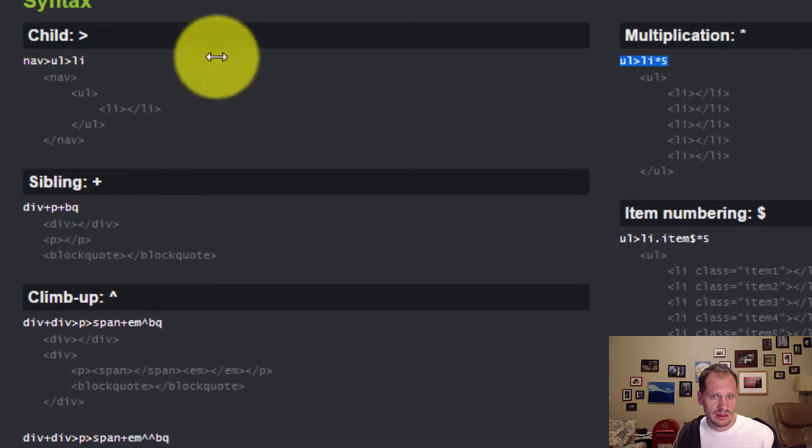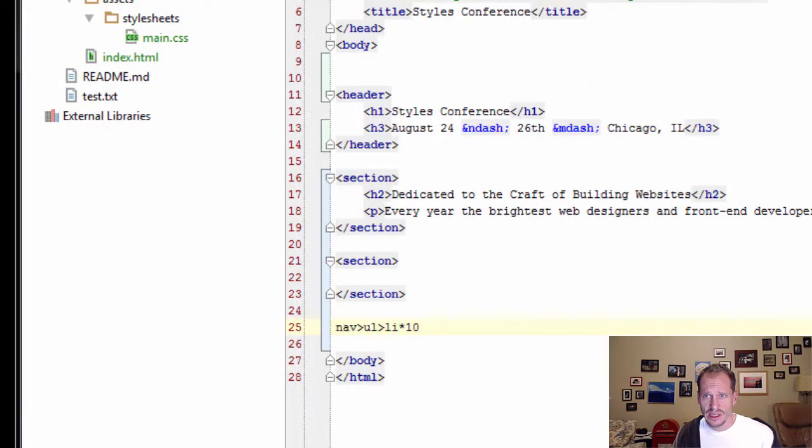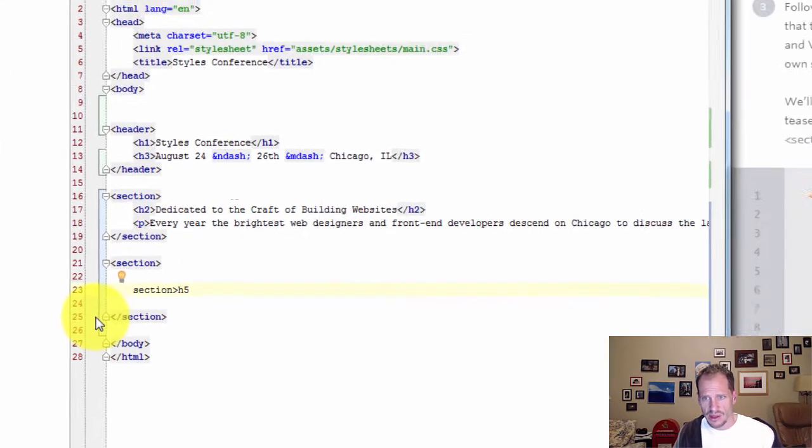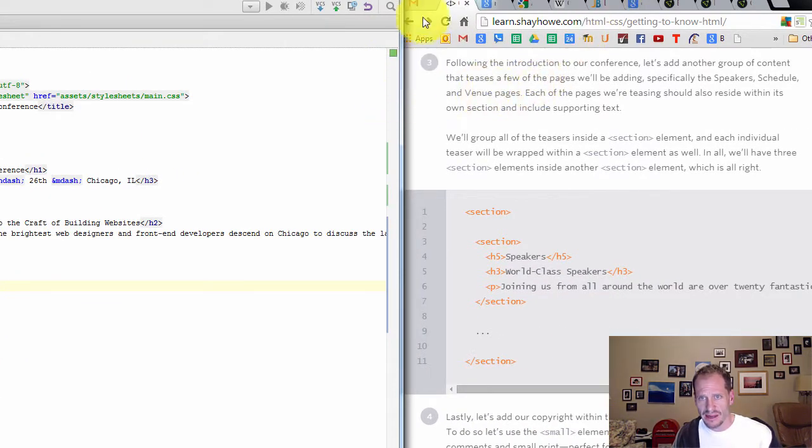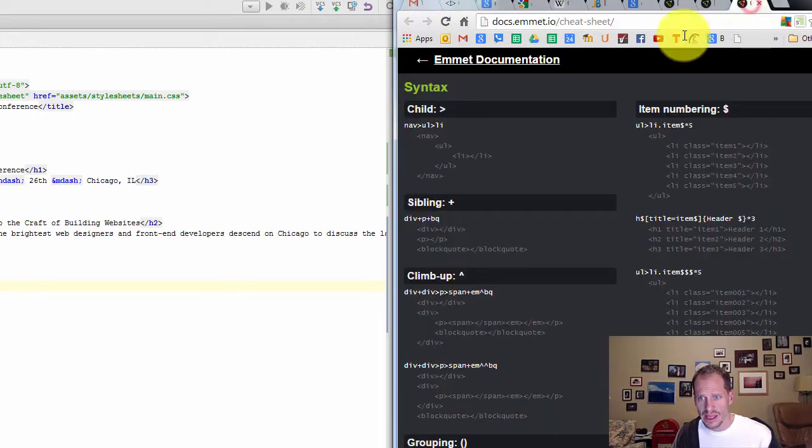And so I want to use this to try to do what we need to do right here, because we need 3 of these, which would be inside our main section. We need a section, and then inside that section we need an H5, and we don't want the H3 to be inside the H5, so we want it to be at the same level. So how do we do that in Emmet? I'm going to look for an example,